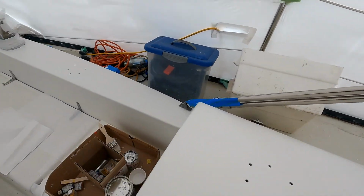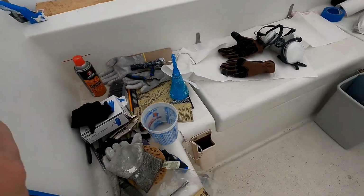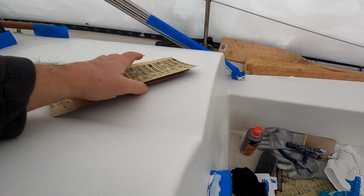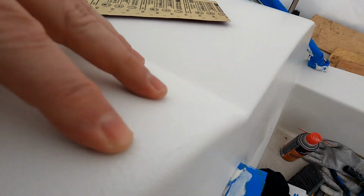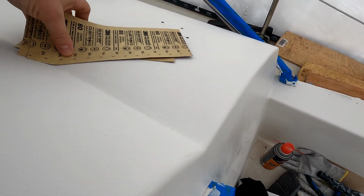And now begins the annoying bit, which is sanding this all down. I'm going to start with some 80 grit that I've cut up, just to do a light hand sand on it, just to try and knock down a bunch of high spots. It's unavoidable when you're using a roller. So I'll just go over that as gently as I can to try and knock those down, and then I'll progressively go from there to maybe a